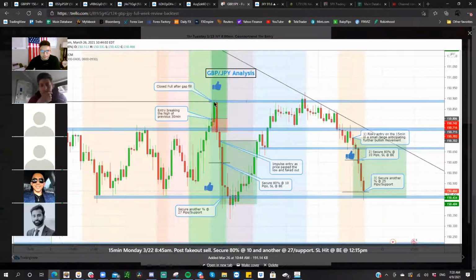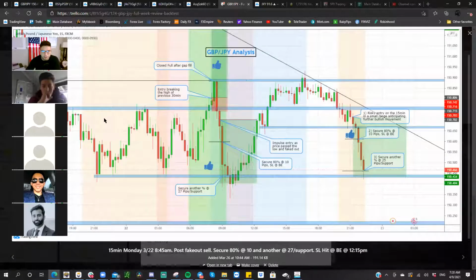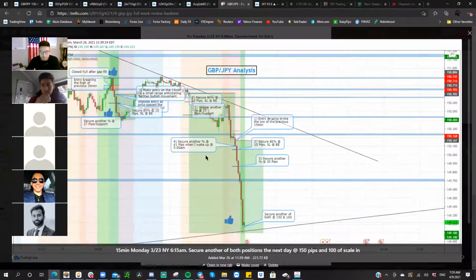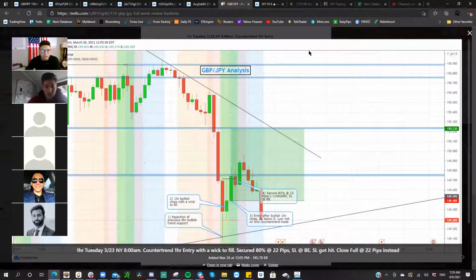This is just me backtesting. These are the trades I would have taken. And I do believe I grabbed this one right over here. But instead, I would have closed the full thing over here. So you change a few things. This is how you would have grabbed this move over here. And then what I did in the beginning of this week,